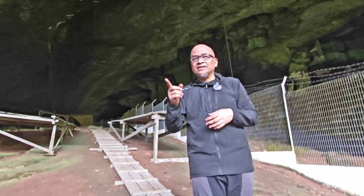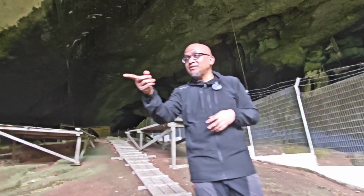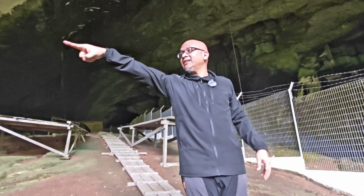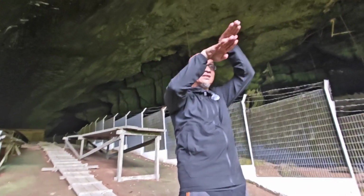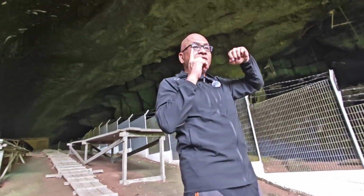1954, October, but they didn't state when, just early October 1954. Four years after the discovery, you'll notice there's a red line over there, and I will show you later, that is the part of the guano silt before they excavated further down for a few meters. And in February, one day after Valentine, 15 February